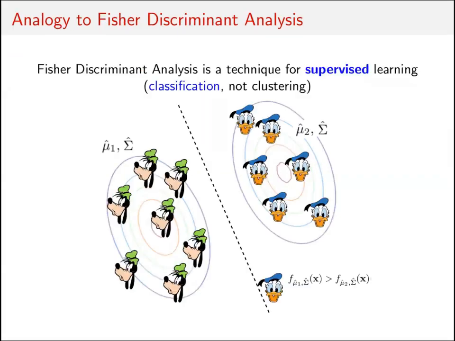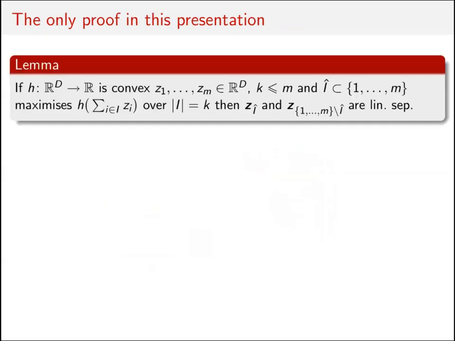But indeed, those results are different, in the sense that this result is a simple computation, and the similar one from classification is a bit more involved. And let me show you the only proof in this presentation. This is a proof of a lemma to which the whole separation theorem boils down, if viewed from a good angle. It's stated formally here, but please bear with me with this example.